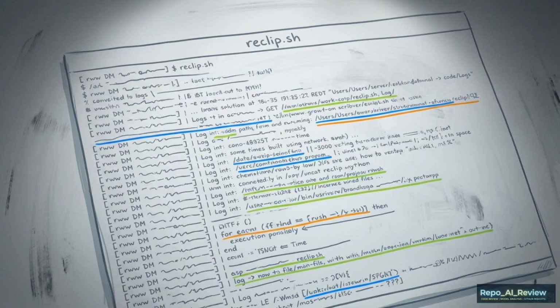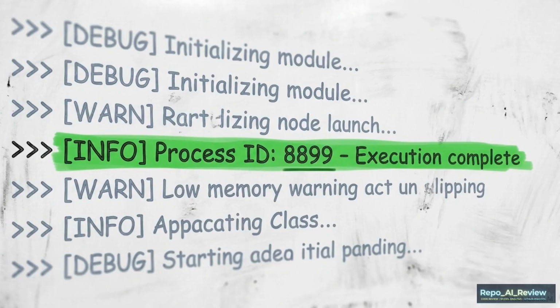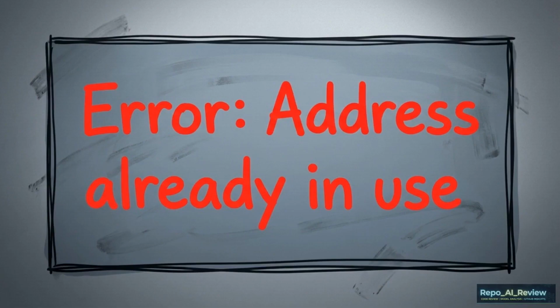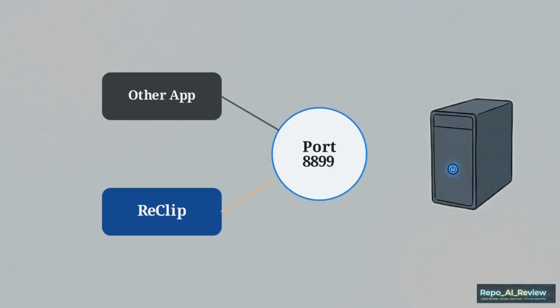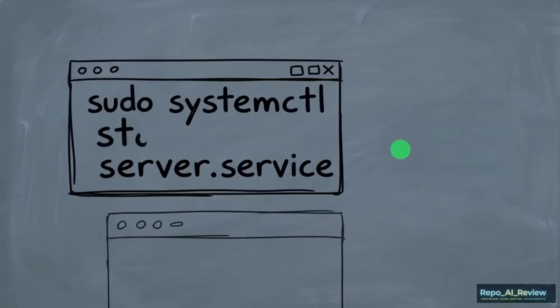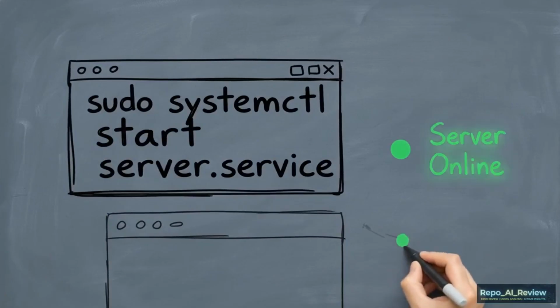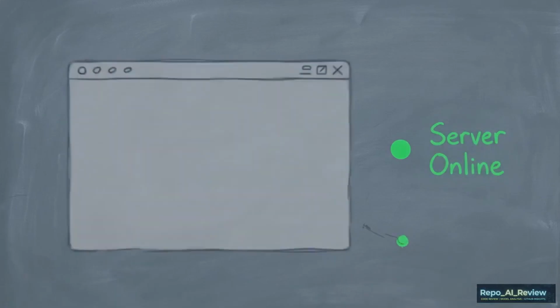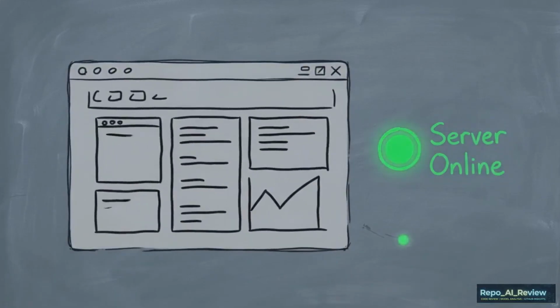Once you execute the run command, watch the terminal output. You will see a log message confirming the server launched and is actively listening for connections. If the server fails to start, the most common culprit is a port conflict. Check if another application is already using port 8899 and close it before trying again. Wrapping the application in a container ensures that regardless of your operating system or installed libraries, the server launches cleanly